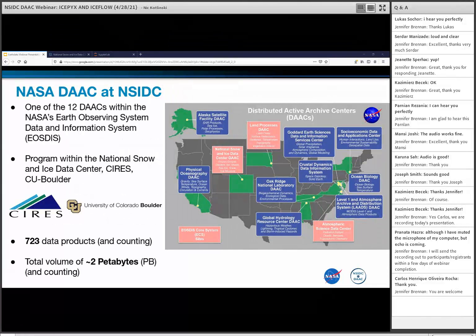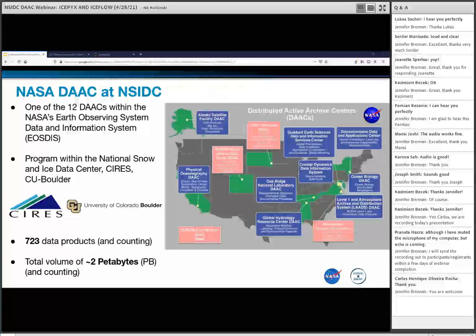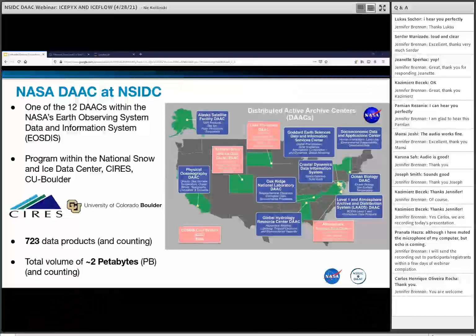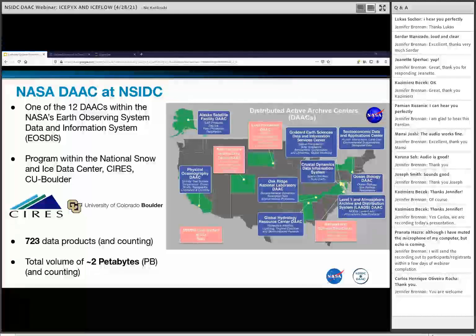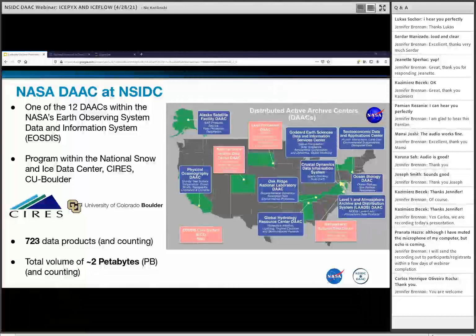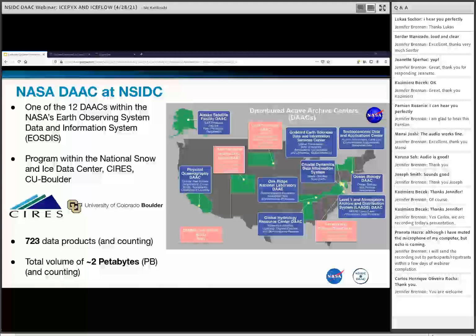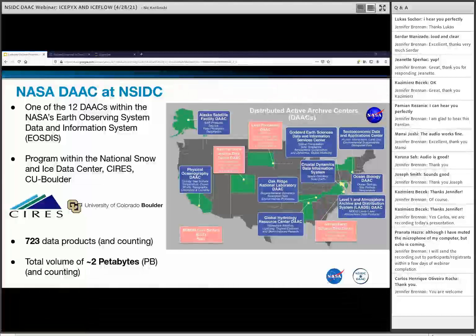So first, just a quick introduction to where the data for these NASA missions are provided. The NASA National Snow and Ice Data Center Distributed Active Archive Center, or NSIDC DAAC, we are located in Boulder, Colorado, and we provide access to hundreds of data products in support of cryospheric research, global change detection, and water resource management. So we are one of 12 DAACs as a part of NASA's EOS DIS, or Earth Observing System